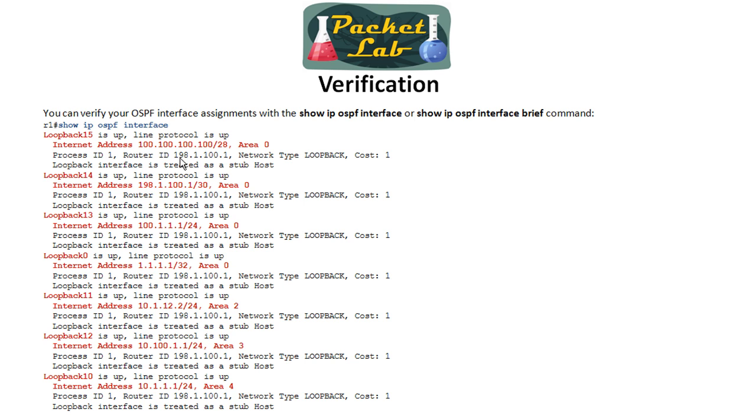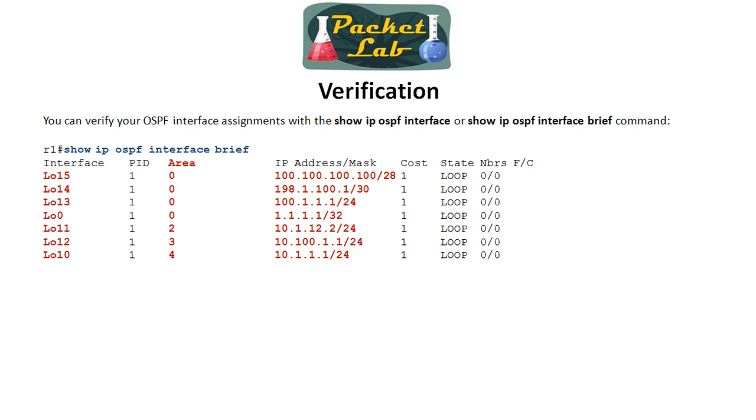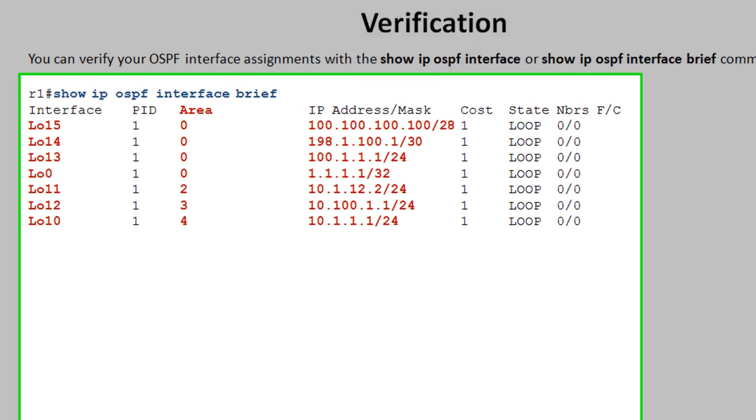Here's the show IP OSPF interface. It gives you more information than you really need at this point, but it's a good command. And show IP OSPF interface brief. I use this far more often than show IP OSPF interface when I'm troubleshooting issues like this, because it gives